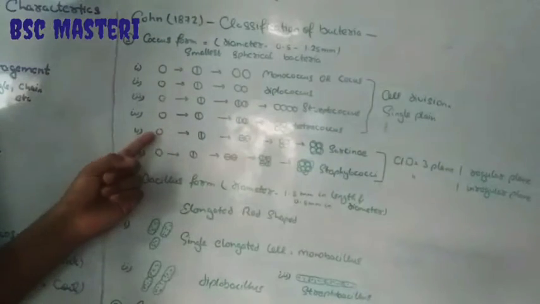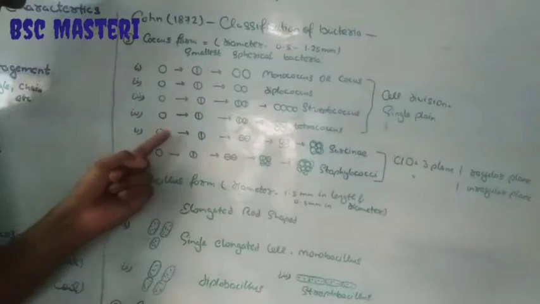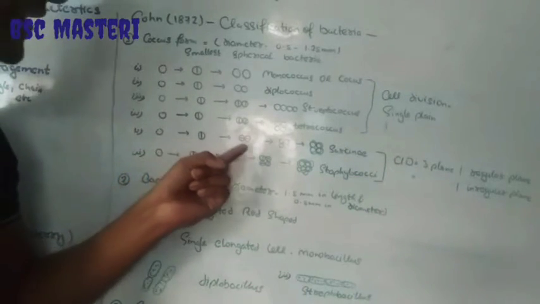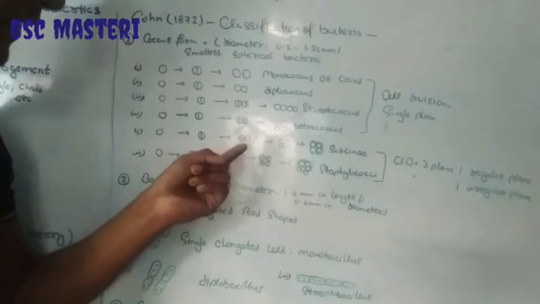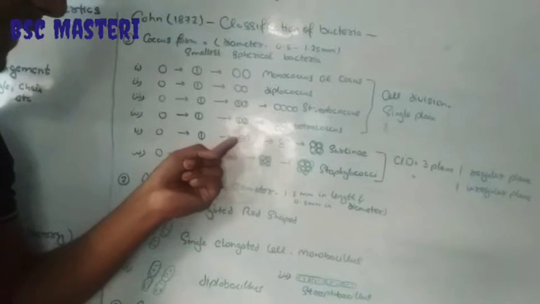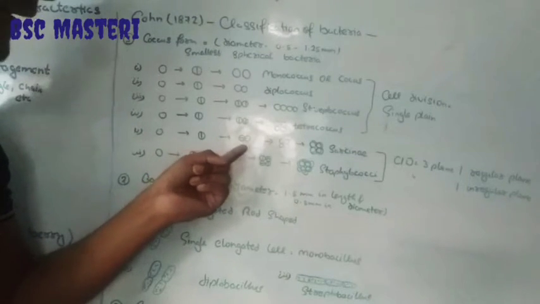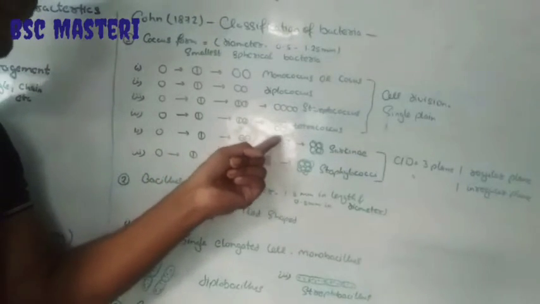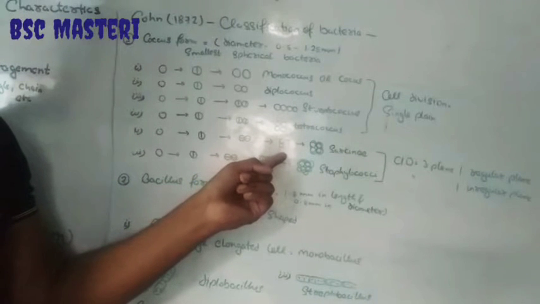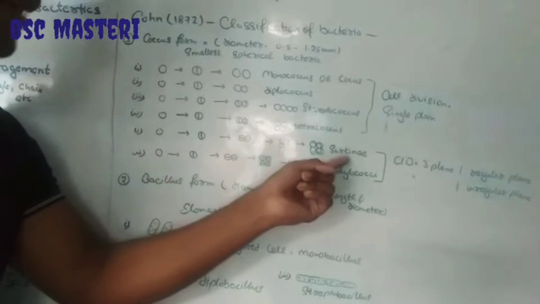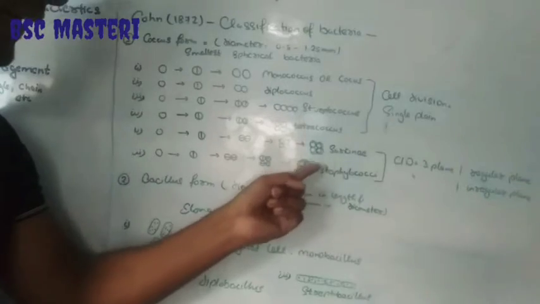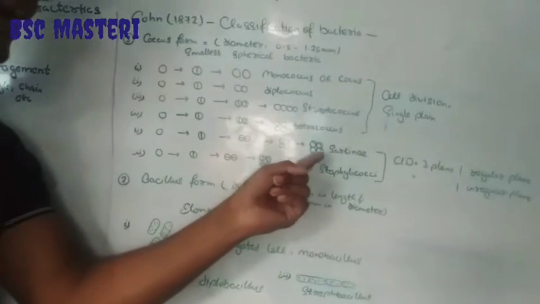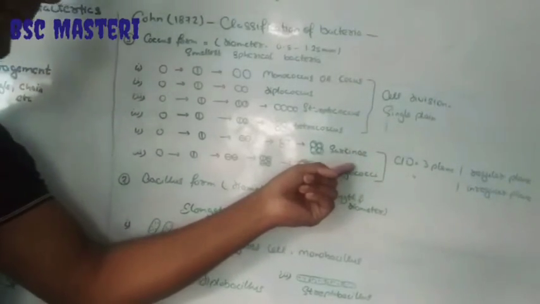Fifth type of bacteria is the bacteria divided by a single plane. It gets further division into a pair and further division, a second type of plane, and being a pair gets a third type of division. It is known as Sarcina bacteria and is present as eight cuboidal cells.